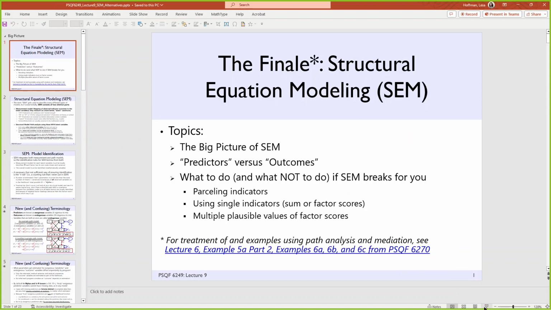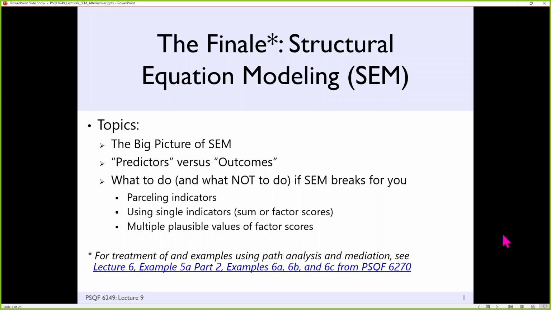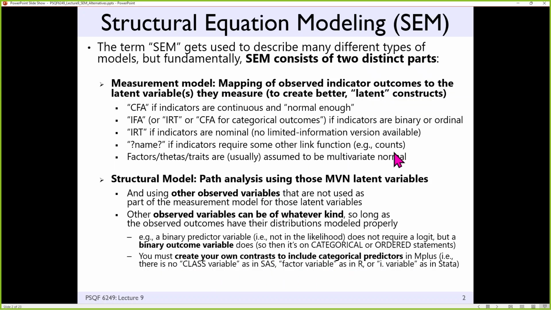Those of you who are taking the other class right now will recognize the first set of slides, so it'll be a review. And if you took it last year, then you'll review it then. So I'm not covering path models in this class. I cover them in another class, which is what we're doing right now in the class that meets after this, because path analysis is just about observed variables. But the same principles of path analysis apply when you're fitting a structural model and looking at how your factors relate to each other. So it's at a latent level, in this case, not an observed variable level. So as a way of trying to review what we've covered this semester then,